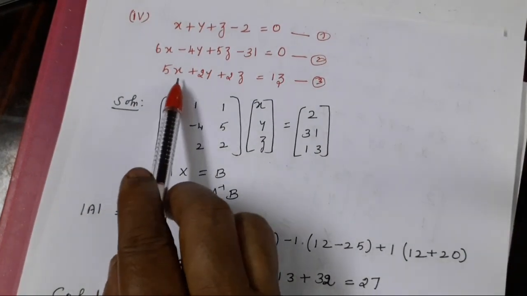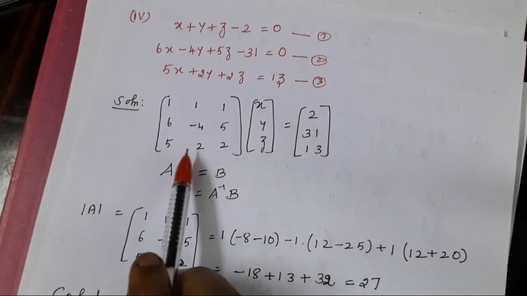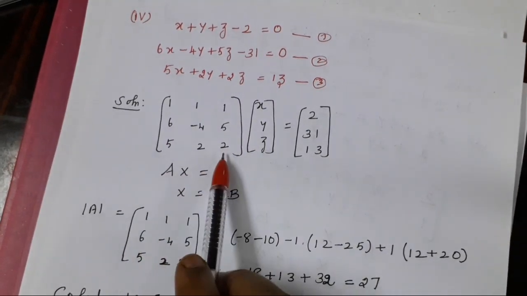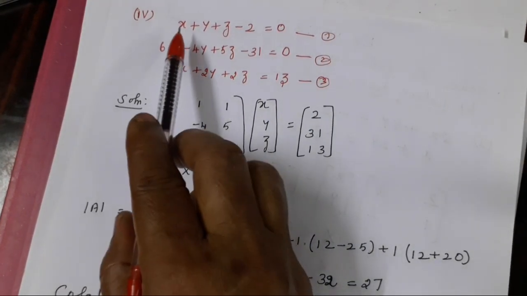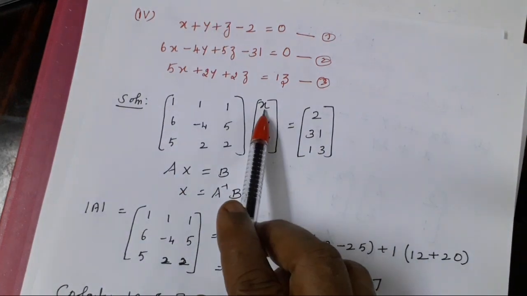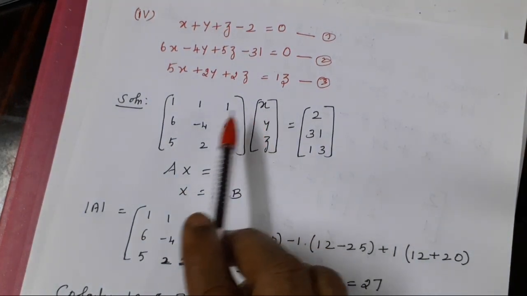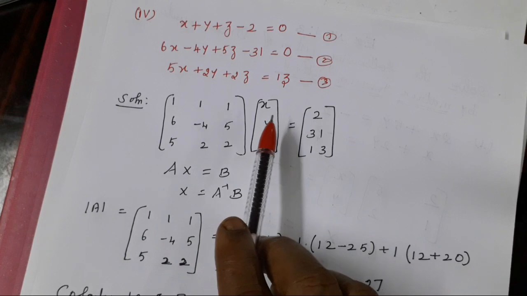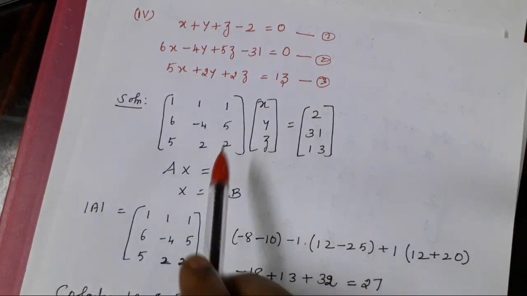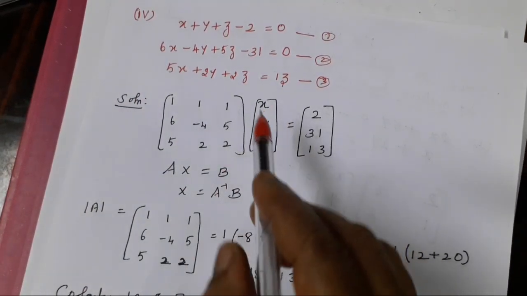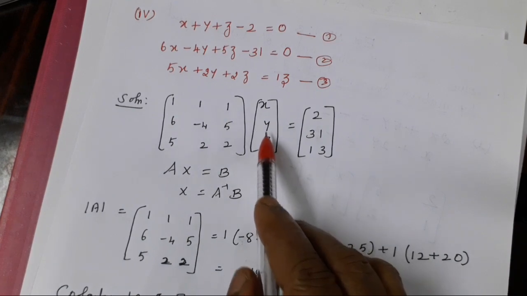So now listen, the coefficient of x is 5, the coefficient of y is 2, the coefficient of z is also 2. What are the variables? 3 variables, so rewrite as x, y, z. If there are 2 variables, that is a 2 by 2 matrix, with x and y variables only. Here, having 3 equations means the matrix is a 3 by 3 matrix, and we find the 3 variable values x, y, z.